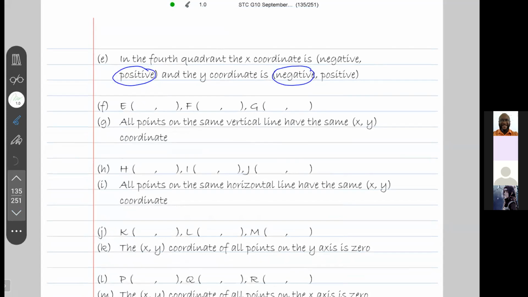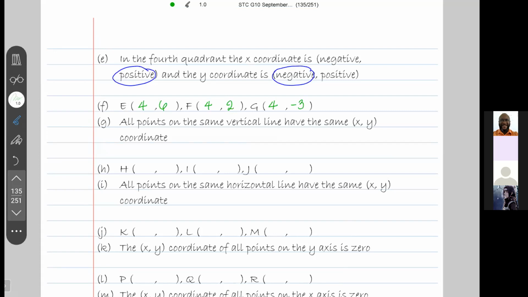All right, the coordinates of E, Janelle. 4, 6. Is it 4, 7 or 4, 6? I said 4, 6. All right, 4, 6. What's the coordinates of F, Anaya? 4, 2. What's the coordinate of G, Jadon? 4, minus 3. All right. Now, guys, so